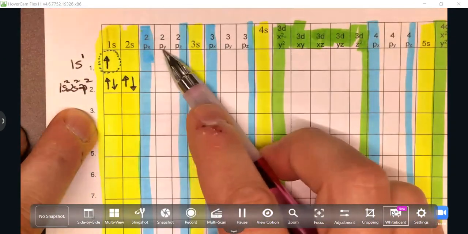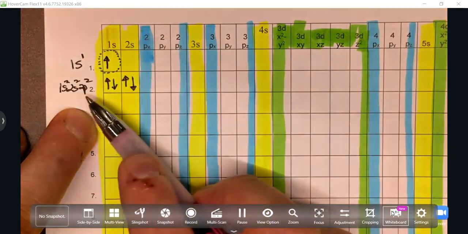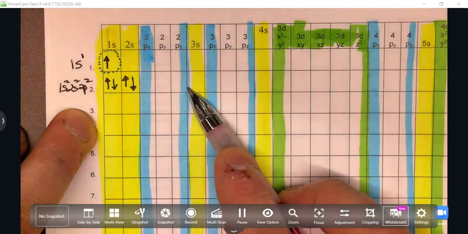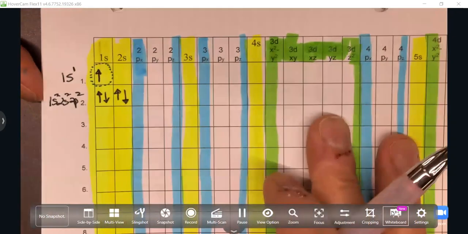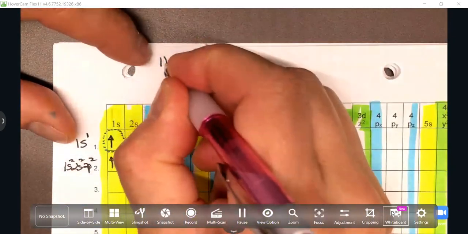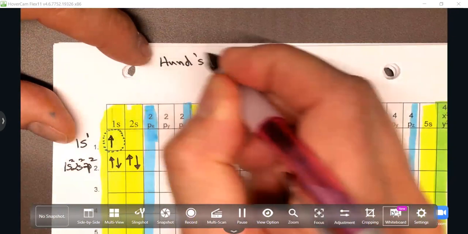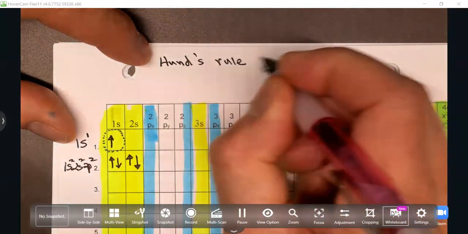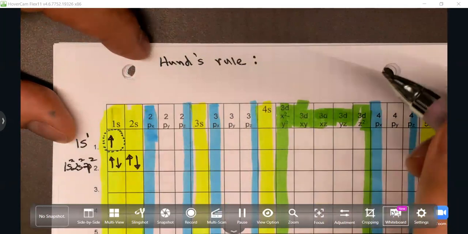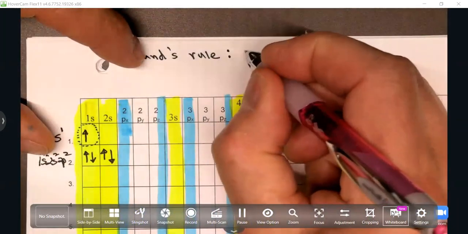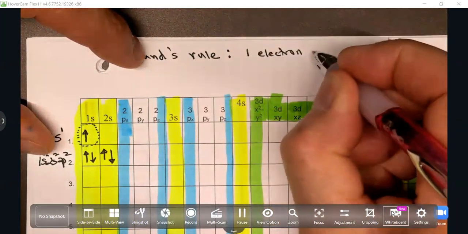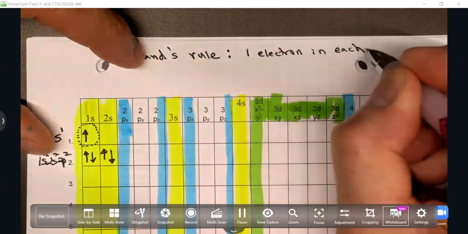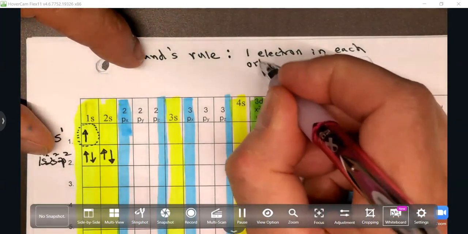I have 3 p orbitals that I can put these 2 electrons in. I don't know where they're going to be. I know they're not going to be paired up, okay? Because of Hund's rule, which we're going to put up here. Hund's rule basically is this. I'm going to shorthand it out. One electron in each orbital